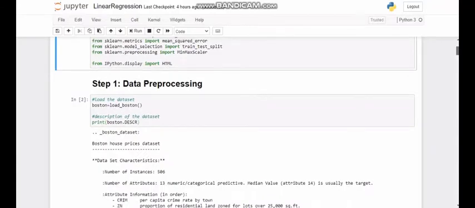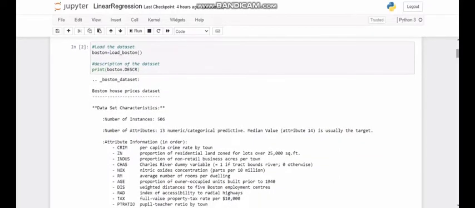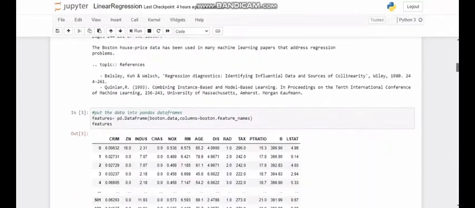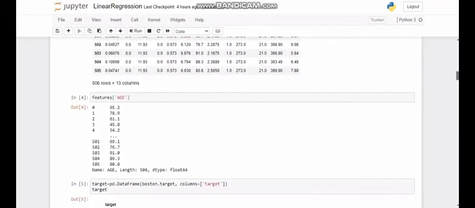So here, first we start with importing the required modules. Here, as you can see, NumPy, which is useful for handling multidimensional arrays. Pandas provides easy to use data structures. Matplotlib for graphs. sklearn for modules for tasks like splitting, pre-processing, and model evaluation of datasets. Then as you can see, we are importing HTML from IPython.display. Here display is used to show results on the screen.